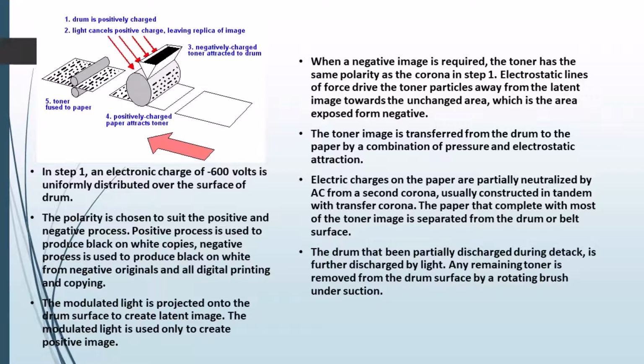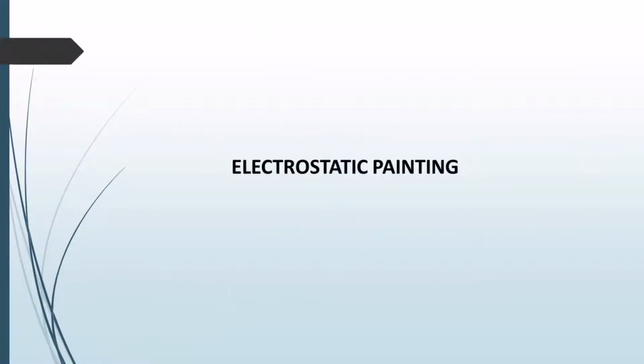and electrostatic attraction. Electrostatic charges on the paper are partially neutralized by AC from the second corona, usually constructed in tandem with the transfer corona. The paper that completes with most of the toner image is separated from the drum or belt surface, while the last process is cleaning. The drum that has been partially discharged from the detack is further discharged by light. Any remaining toner is removed from the